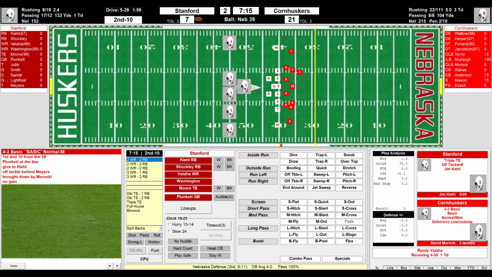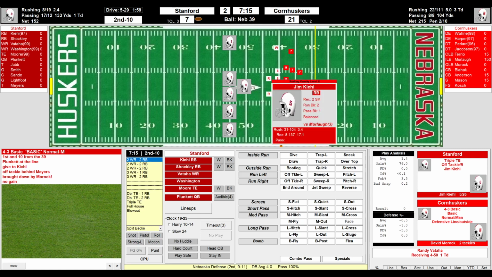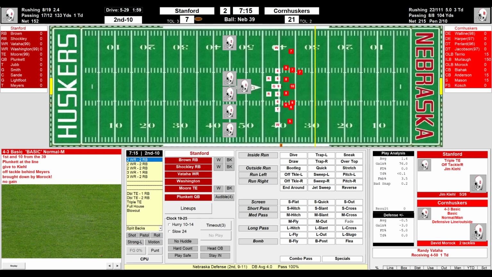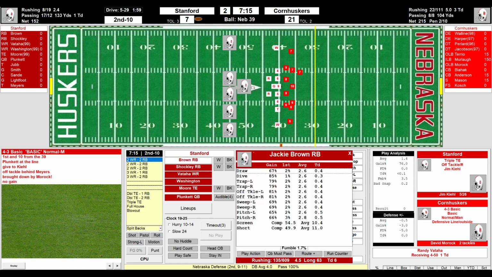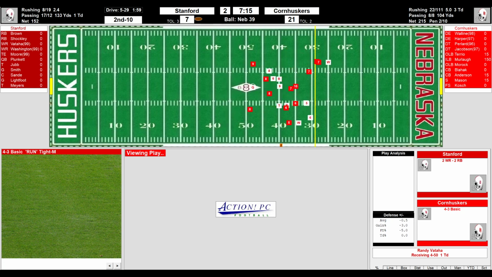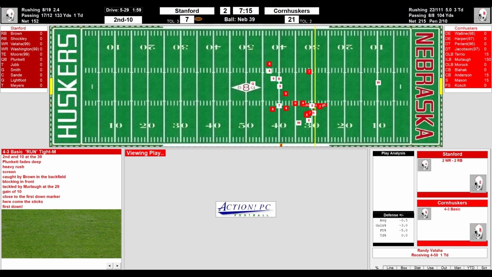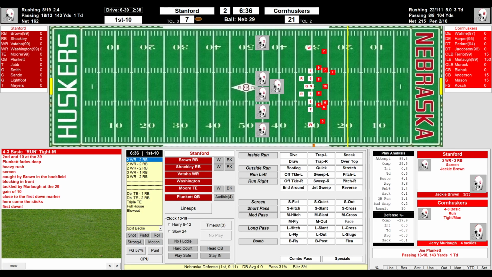Keel goes off. The 2 running backs come back on. So it's Brown and Shockley in the split backfield. Vitaha and Washington, your wideouts. Moore's the tight end. 2nd and 10. Screen to Brown on 2nd and 10. Plunkett looking for Brown. Complete. First down, as he just gets it, that extra effort by Brown when they brought the chains up. The Zebras signal first down. Jerry Merloff,